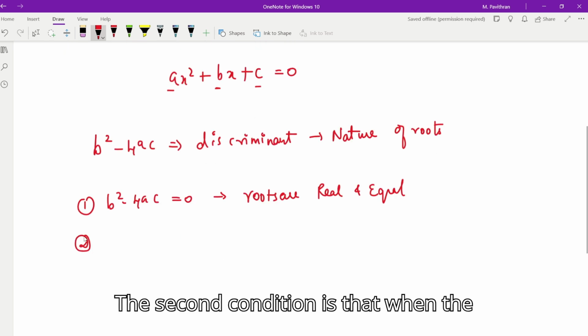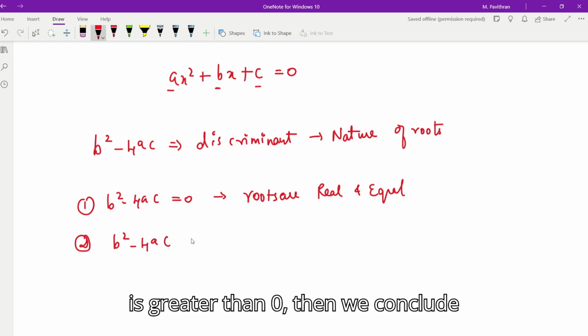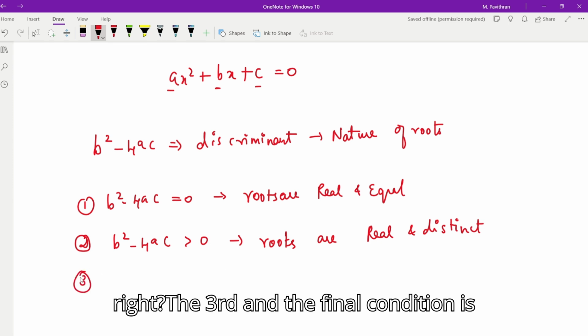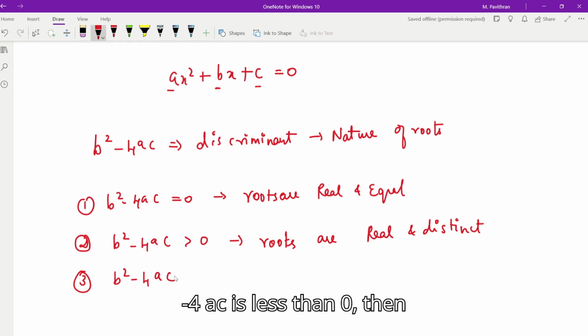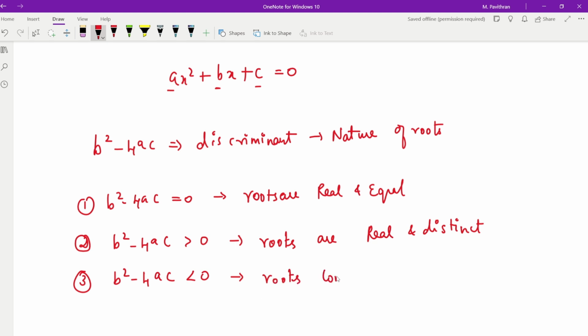The second condition is that when the discriminant, that is b square minus 4ac, is greater than 0, then we conclude roots are real and distinct, right? The third and the final condition is that when the discriminant b square minus 4ac is less than 0, then we conclude that roots are complex,